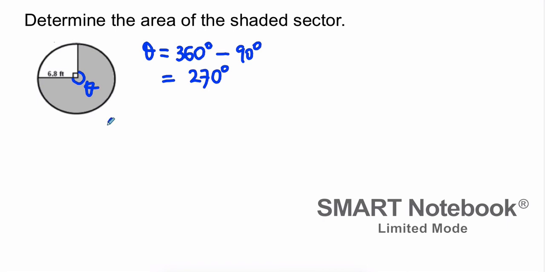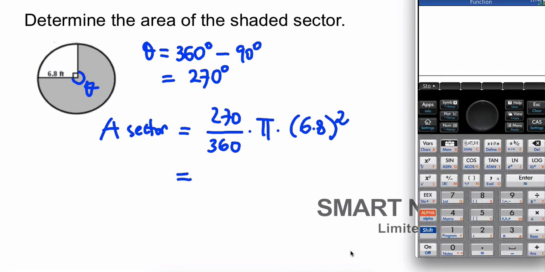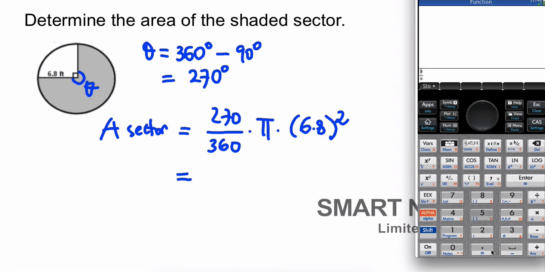Now, what we need to do is to find the area. A stands for area of the sector. So 270, which is the center angle, over 360, and we need to multiply that by pi and then by radius squared, and the radius in this case is 6.8 squared. So if we get our calculator HP prime, we are going to enter everything in the formula here, and don't forget we can type a fraction there. So 270 and then 360. Don't forget to go out of the fraction, and then we will multiply that by pi. You know already where the pi button is. It's here, shift 3,